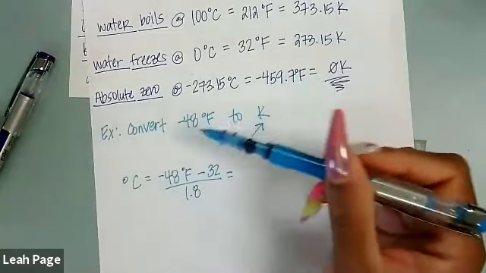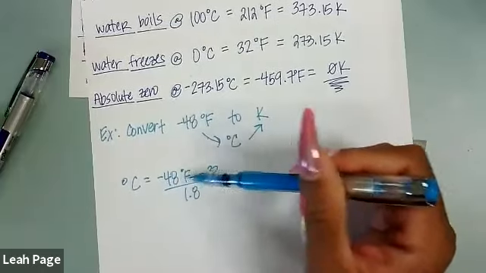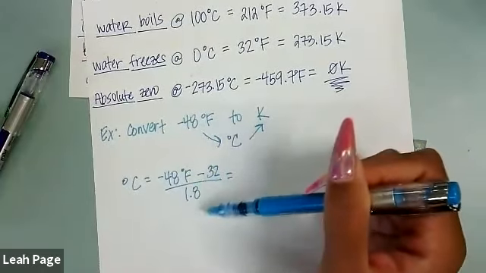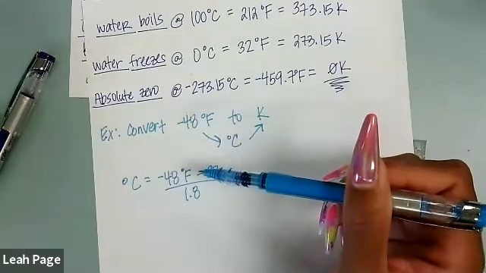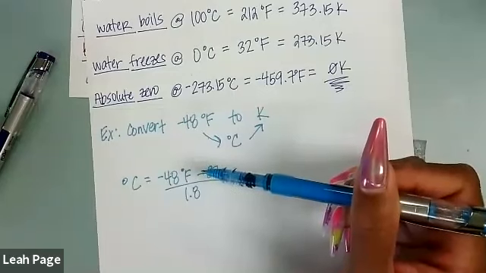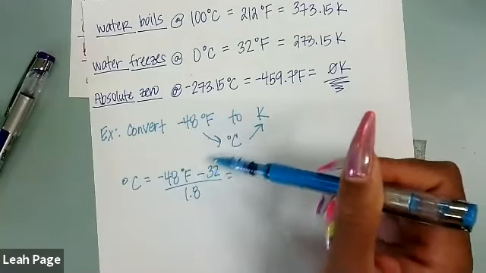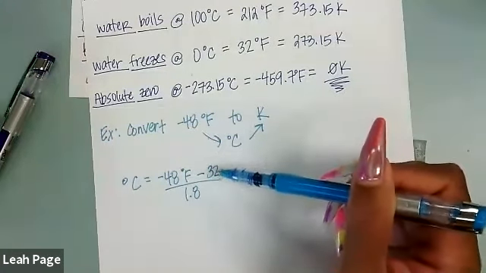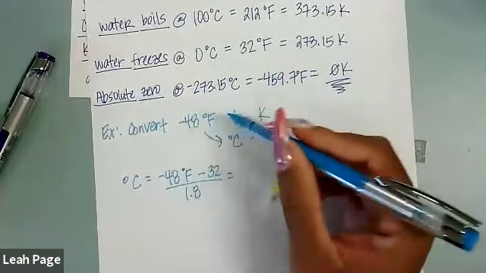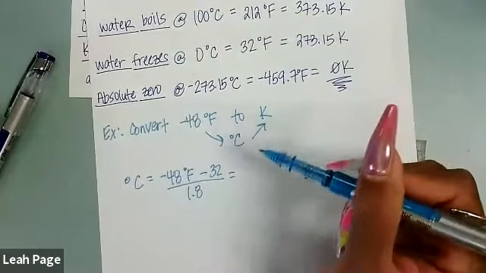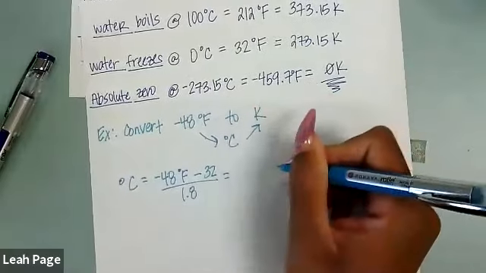We always have to keep up with our sig figs. So basically, we started with 2 sig figs, but the equation says we're going to subtract and then we're going to divide. But in reality, how we work this out is we're going to just say, if I start with 2 sig figs in this equation, I'm going to end with 2 sig figs. This equation is kind of like an exact number type thing. So I'm going to go ahead and say I need to have 2 sig figs in my answer for this case. So if I have 2 sig figs in my answer, what did you guys get here?